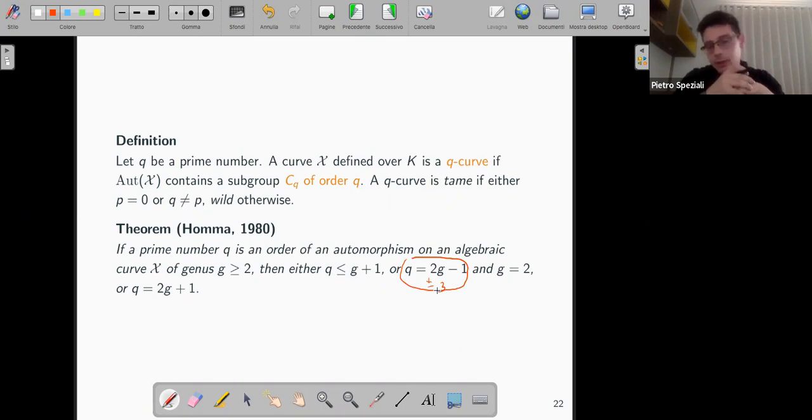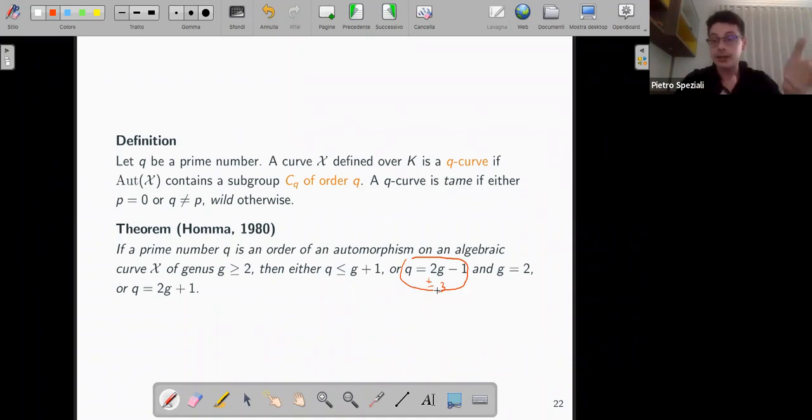Homma proved it in the tame case, because again you have no Fuchsian groups, and in the wild case. So when you have G plus 1 or 2G plus 1, you may hope to